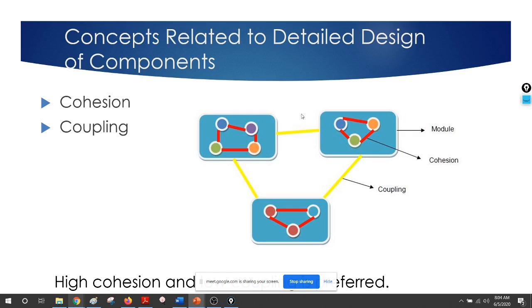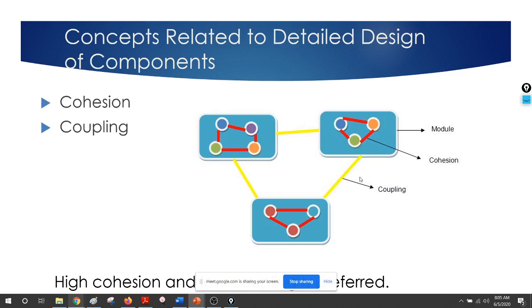When the coupling is minimum, these modules are going to be more and more independent, and also there will be better performance, because they don't have to communicate with other modules frequently. So highly cohesive and low coupling means your product is highly maintainable and also your modules are highly reusable. So those are the two important things. When cohesion is high, naturally coupling is going to be low. That means your modules are highly reusable, your product is highly maintainable. Okay, so those are very important,